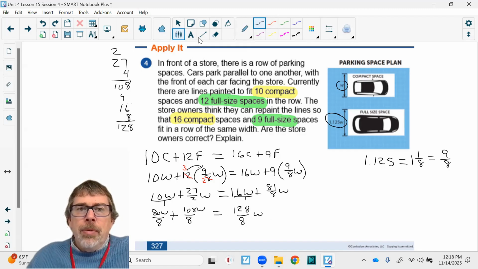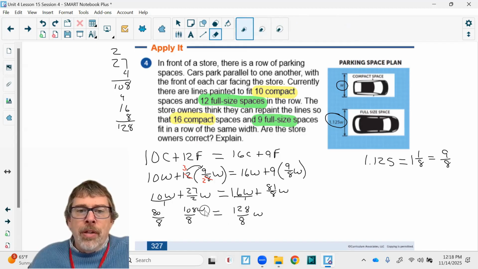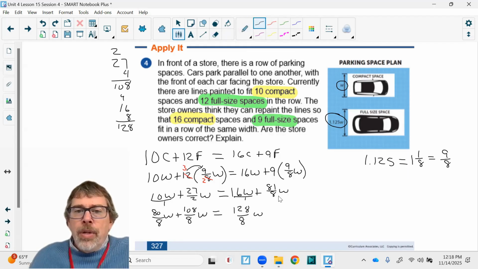128W. I'm going to rewrite these over here. It's the same thing having it in the numerator, but I don't want to confuse you. So I'll put it outside like this. Okay, so then I have plus 81 over 8W. And since we did this, we won't need to calculate what that actual value is. When we add, we should just see if our fractions are the same. So 80 plus 108 is 188W